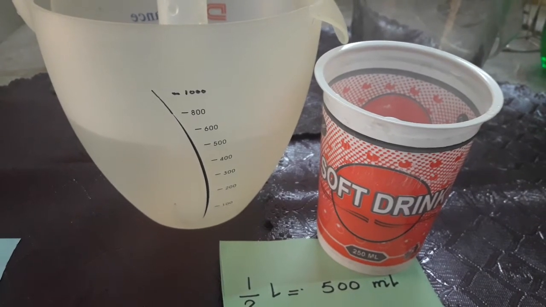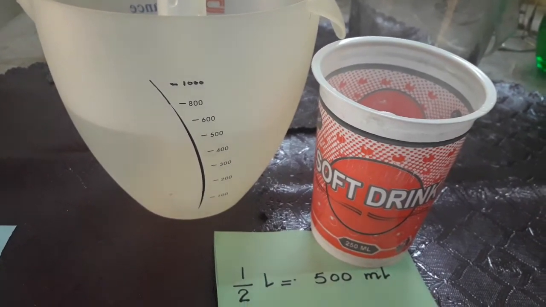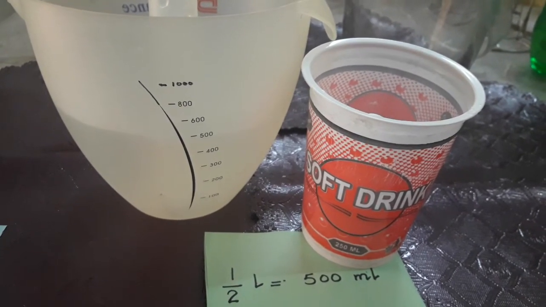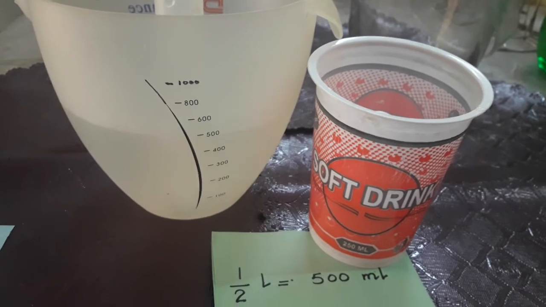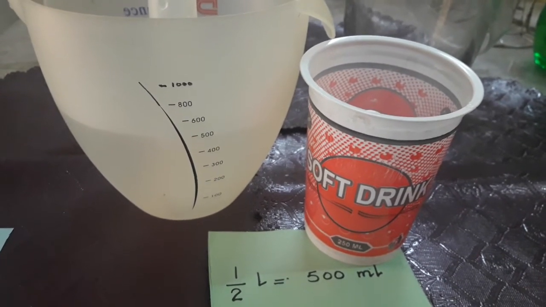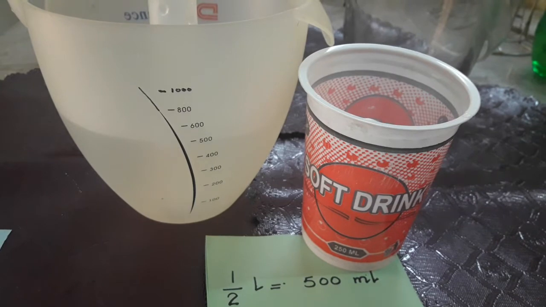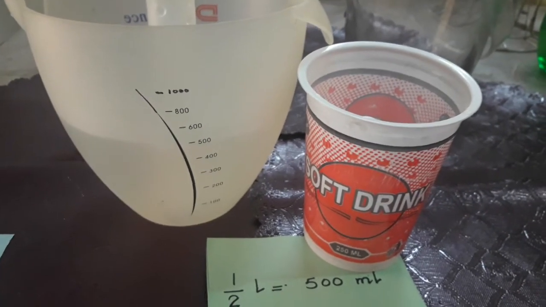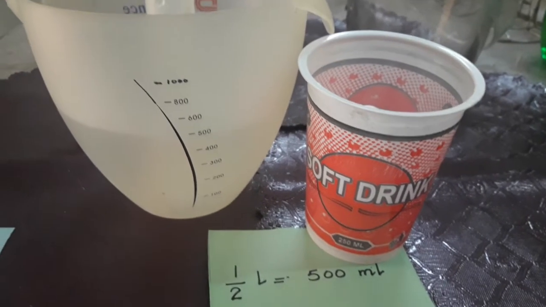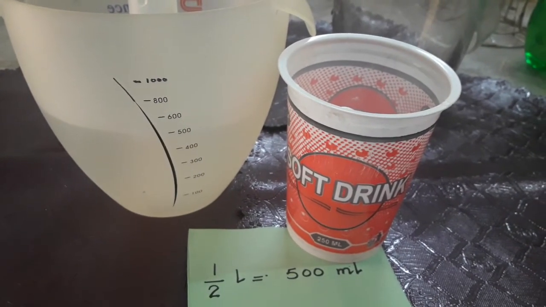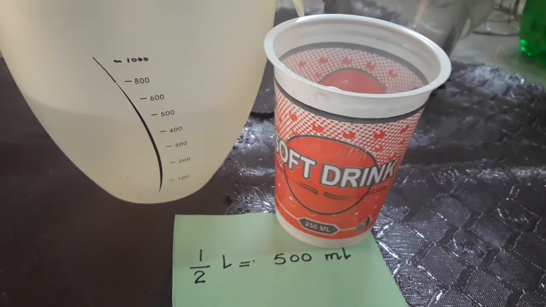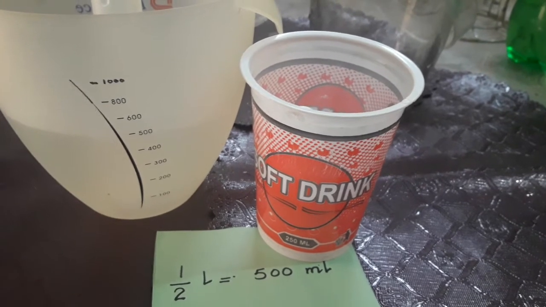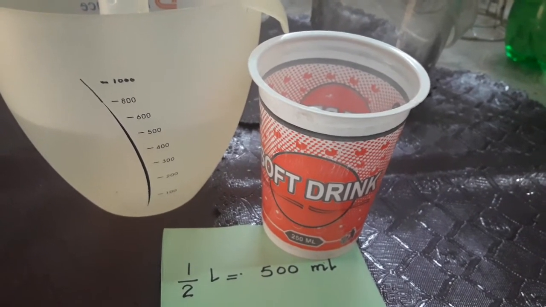Students, you can measure in this measuring jug. First of all, I take 250 ml of water, and then when I add 2 glasses of water, it becomes 500, and 500 ml is equal to 1 by 2 liter. Now this is the half of a liter, because 1 liter is equal to 1000. So what is the half of 1000? 500 ml. You can see here. So now it became the half of the liter. Okay, so this is 1 by 2 liter.